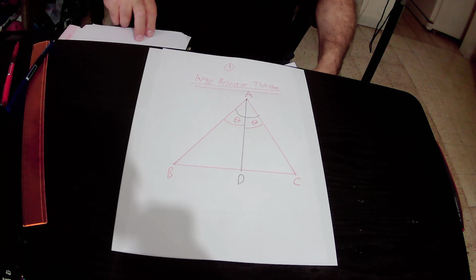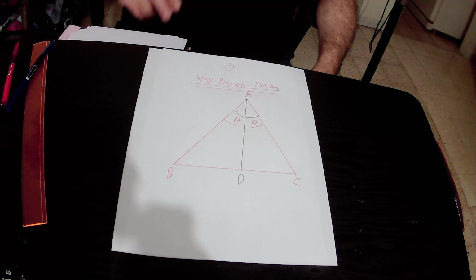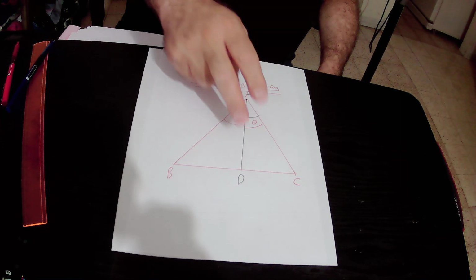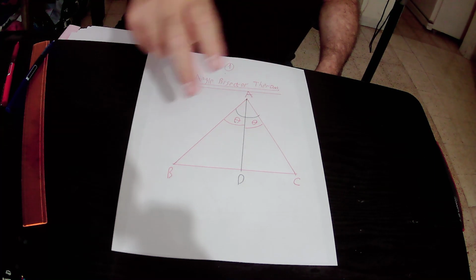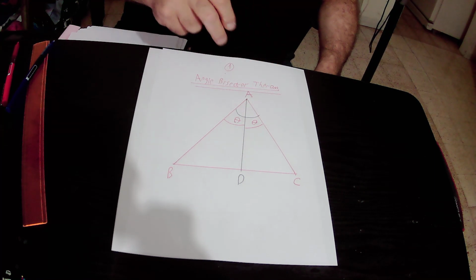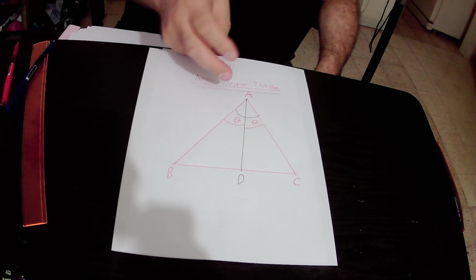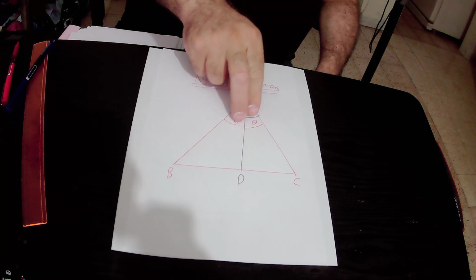So, according to the angle bisector theorem, the angle bisector AD that bisects angle BAC, or in other words, divides angle BAC into two equal parts,